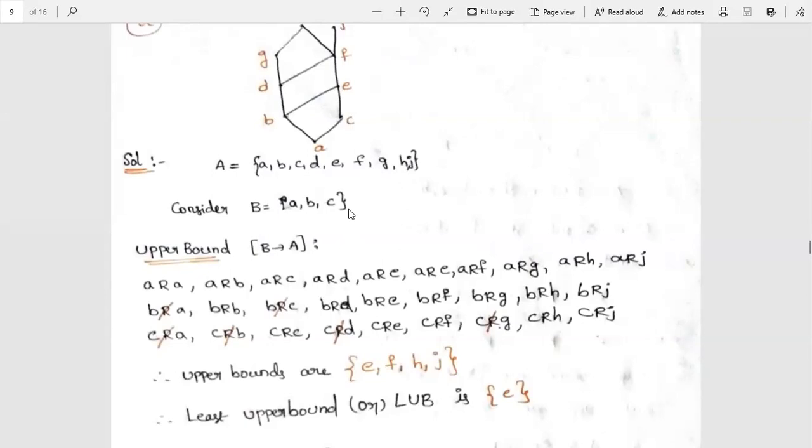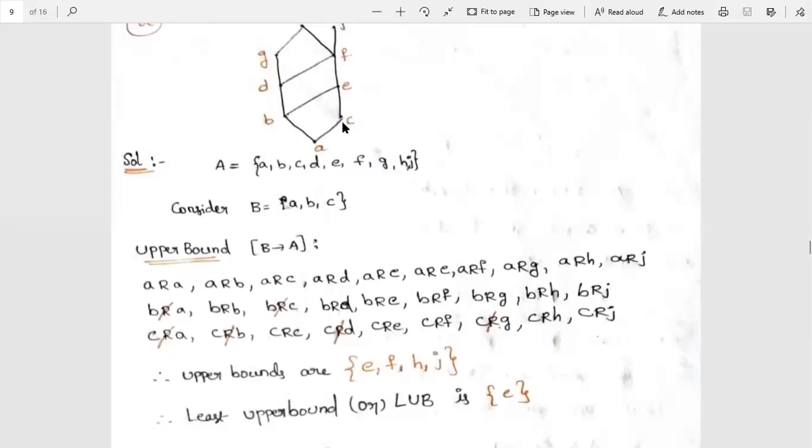Okay. Next we go for another element of B, that is C. So we have to check whether C is related to all the elements of A or not. First we consider C. C is not related to A because we do not come downwards. In a Hasse diagram, every relation is less than or equal to. So that's the reason we take the relation in the upward direction only. So C is not related to A and C is not related to B because there is no path between C and B. And C to C, itself, is a relation.